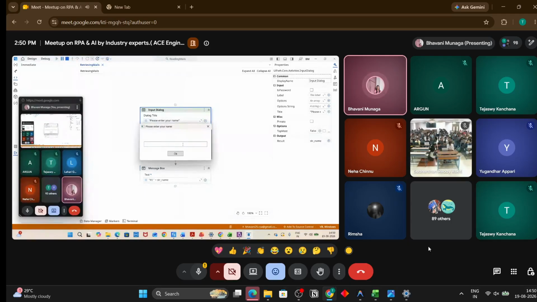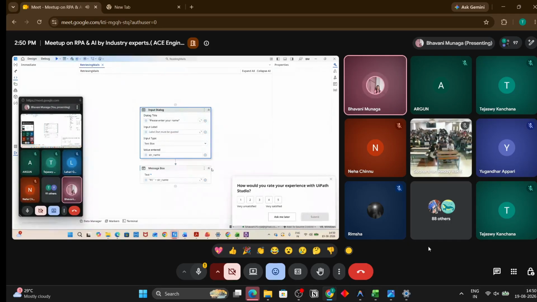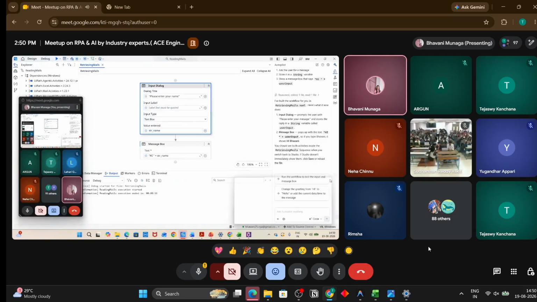So here you have to enter your name and it will be displayed. So this is a very simple thing I have built.